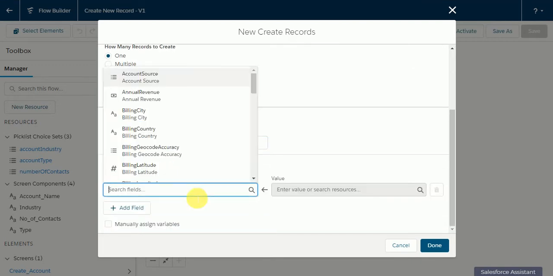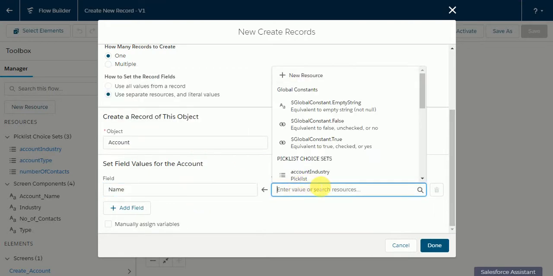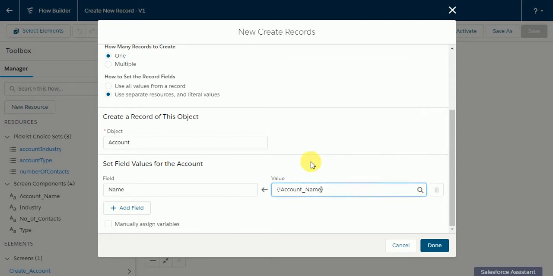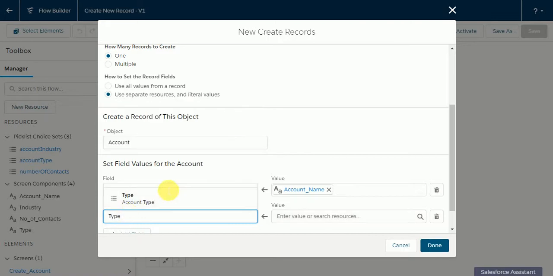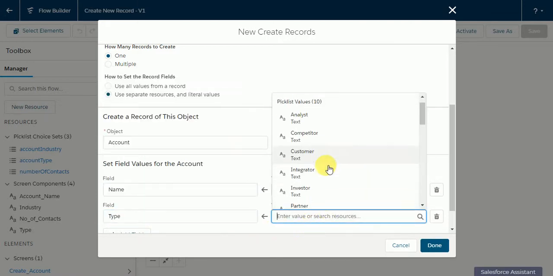And here I'm going to set fields, like account name equal to the account name coming from the screen. Go to screen components, this is the screen component called account name. Another thing is type. I'm going to match this with the type coming from the screen component.